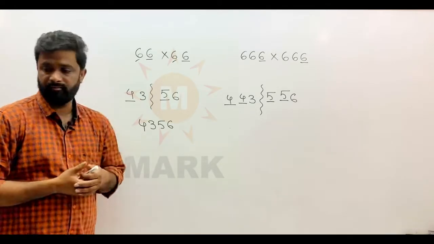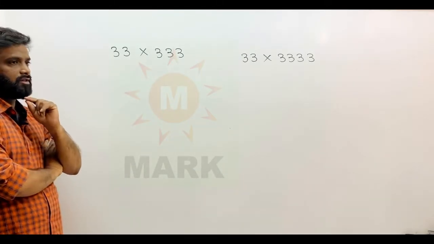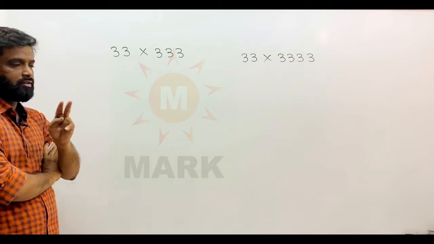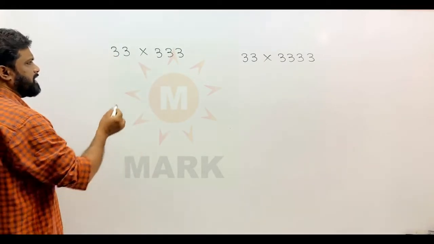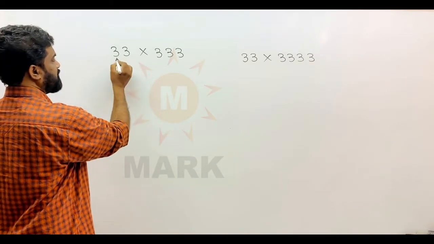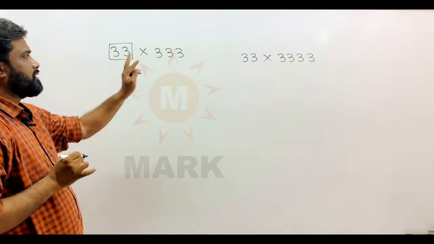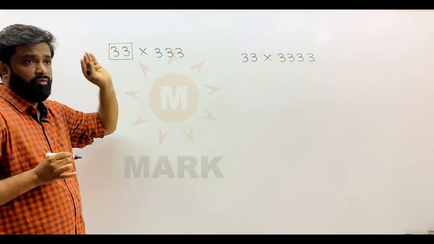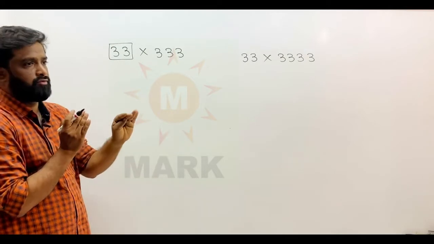Friends, now we are taking the multiplication with all 3s, but the counts are not equal. Here you see there are 2 3s and here there are 3 3s. How do we do this? Same thing. First we have to take the minimum count. What is the minimum count? The minimum count is 2, and here the count is 3. So we always start with the minimum count of the number, and operate just as if we have two digits first.